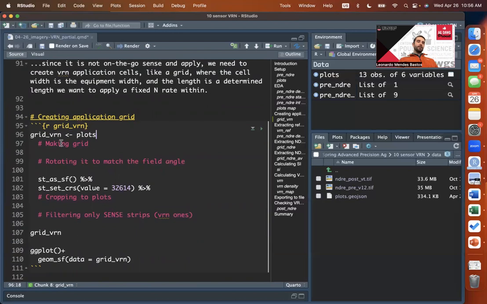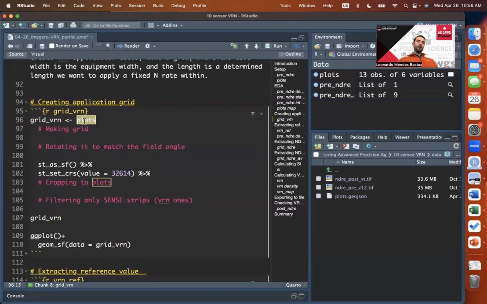Okay, so I'm calling this object grid VRN. I'm starting off with an object called plots. Just go ahead and add a pipe there. If you come after that second comment,